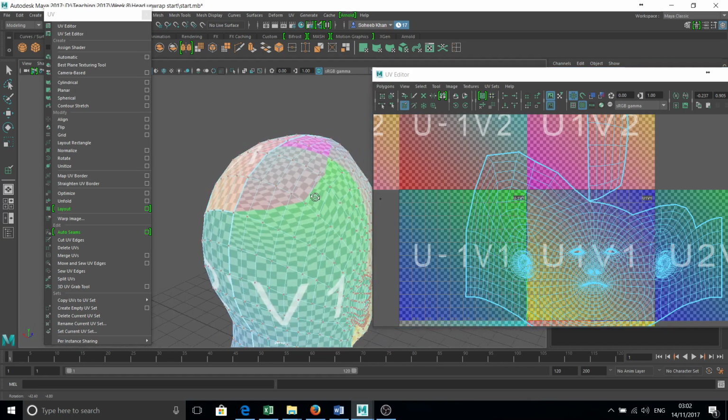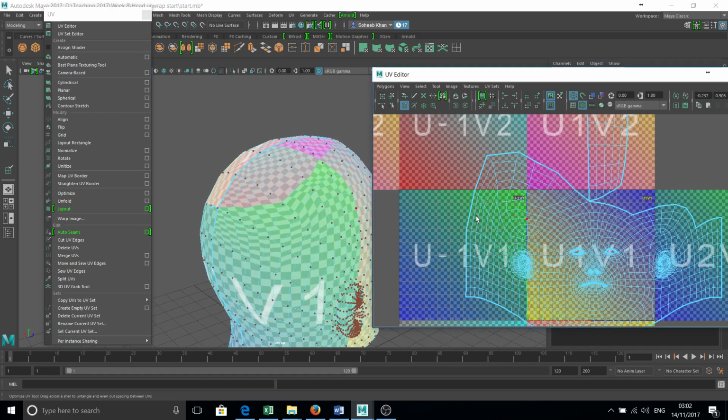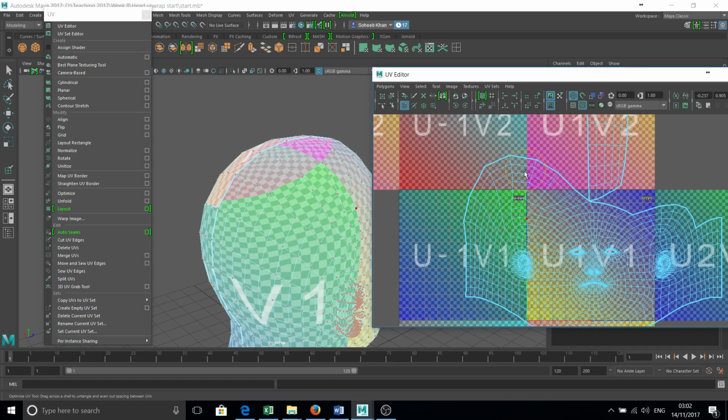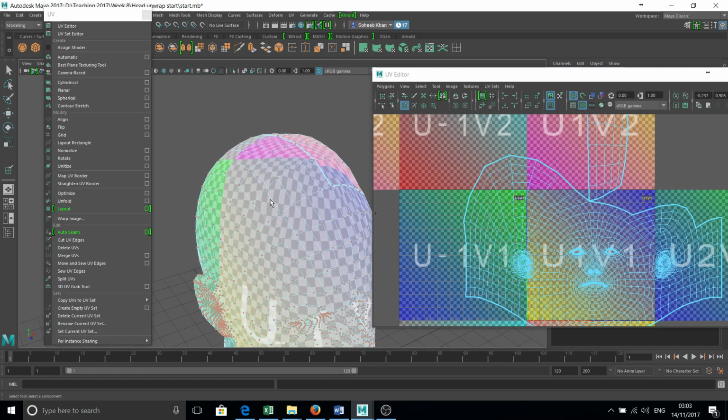Like I said, in this instance I want to probably scale the size out a little bit, and I'm using the optimize brush here, and I'm just dragging some of these bits down to kind of create a more